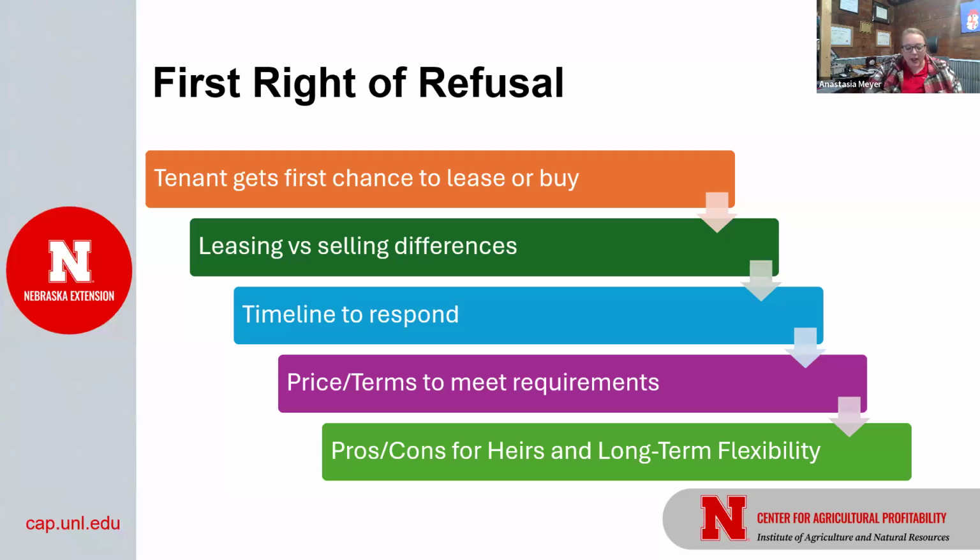First right of refusal is not set up to be a bidding war, right? So if you had somebody offer $10,000 for your piece of ground, I'm just going to use some easy numbers here, it's not, well, go to your first right of refusal, your tenant. Well, they offered me $10,000 and I'm going to take it. If your tenant says yes, that's how it's supposed to work. It's not supposed to work like your tenant says yes, 10,000. Well, then you go back to the other party. Well, now it's 12,000. It's not supposed to be like that. It's just you want to reciprocate how they have treated the ground throughout the many years.